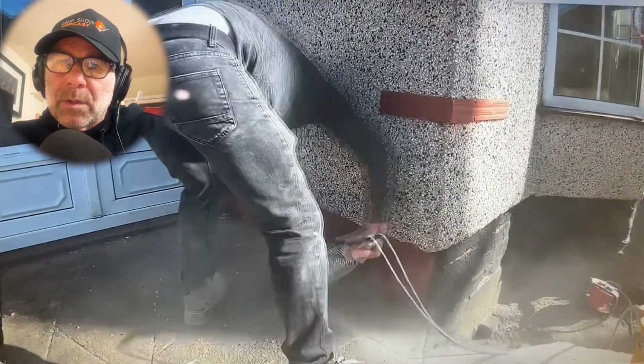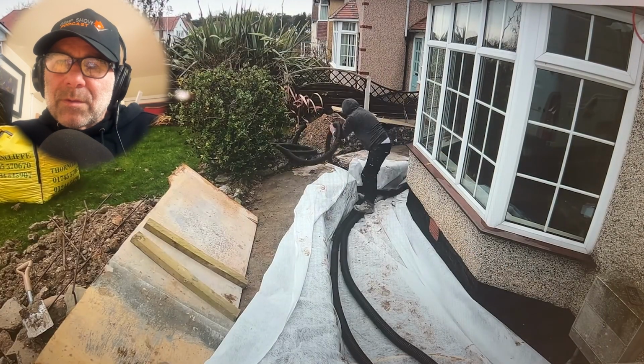All of the water was going away into the garden, so this was quite a big project in itself, doing that. So after I'd done my French drain,